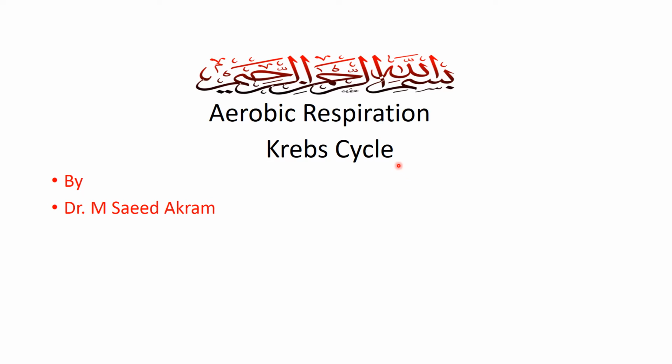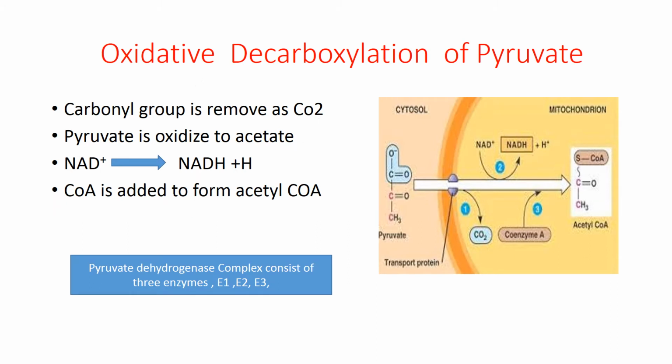So in aerobic respiration, pyruvic acid will move into the mitochondrial matrix, where the Krebs cycle will operate, and in the next slide we will discuss how it enters into the mitochondrial matrix. So here we will discuss the entrance of pyruvic acid into mitochondria, that is known as oxidative decarboxylation of pyruvate, in which pyruvic acid, which is a 3-carbon compound, will enter into the mitochondrial matrix